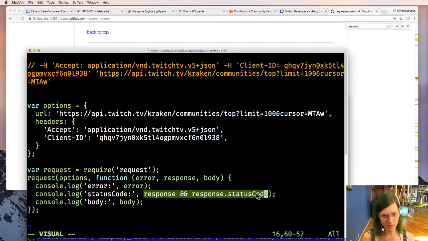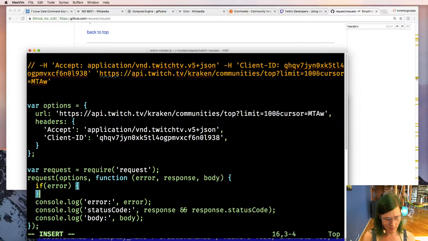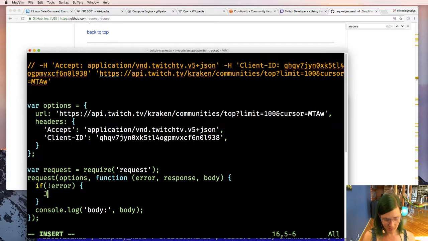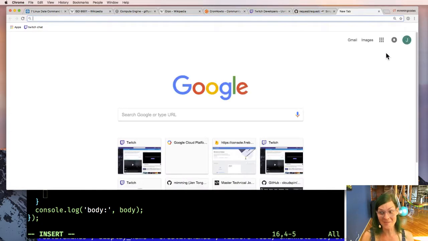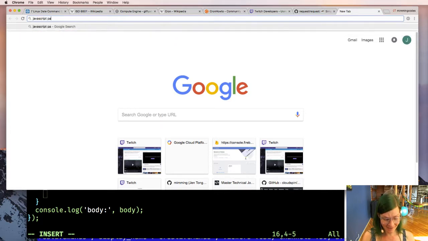So I should probably keep that status code. Oh, error, okay. So if there's an error, if no error, we will do stuff. So I need to parse that. Oh my gosh, this is embarrassing. I forgot how to parse JSON in JavaScript, because back in the day we used to just eval it. Isn't that madness? So making sure that I don't do anything, I think it's just JSON.parse.